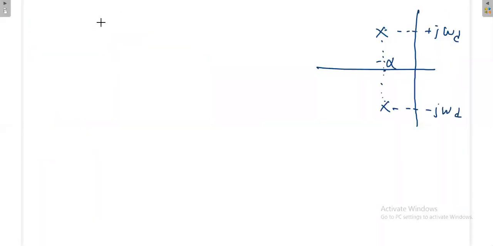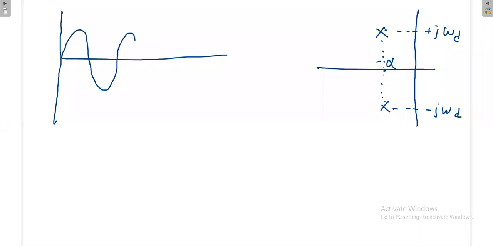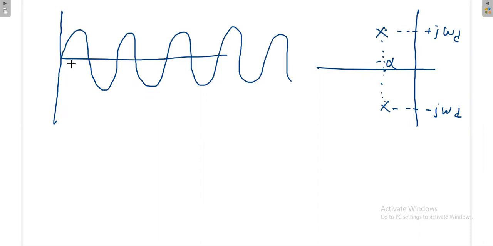The natural frequency of oscillation means that if you have a frequency, then it will oscillate like this without any degradation in the amplitude. This is called the natural frequency of oscillation. Suppose a sine wave is there; it will oscillate with some frequency. That frequency is the natural frequency of oscillation. The frequency of this sine wave is simply 1 by square root of LC. If it is oscillating without reduction in the amplitude, then we call it the natural frequency of oscillation.